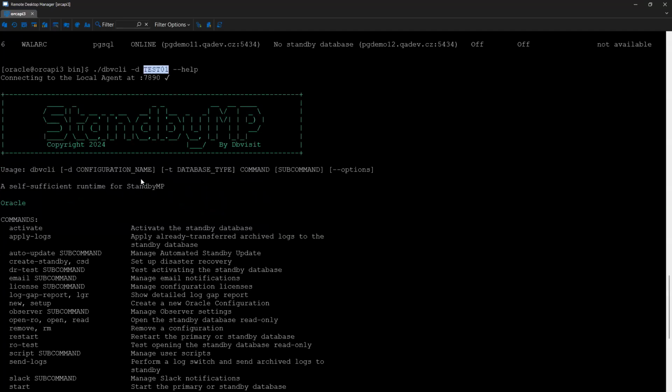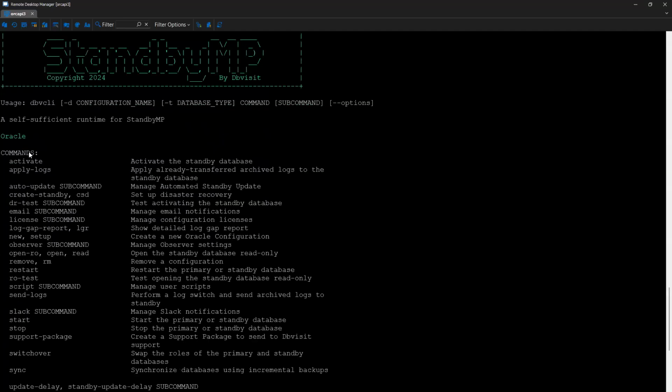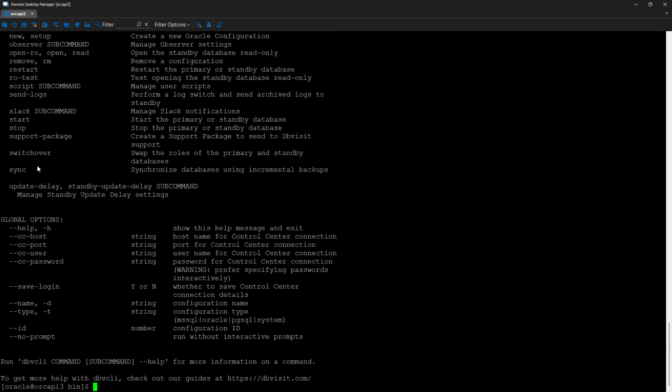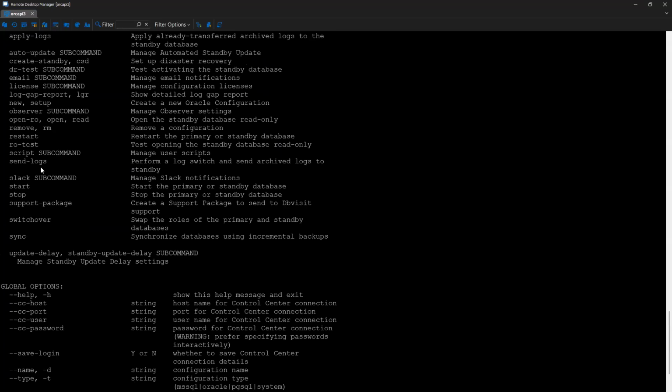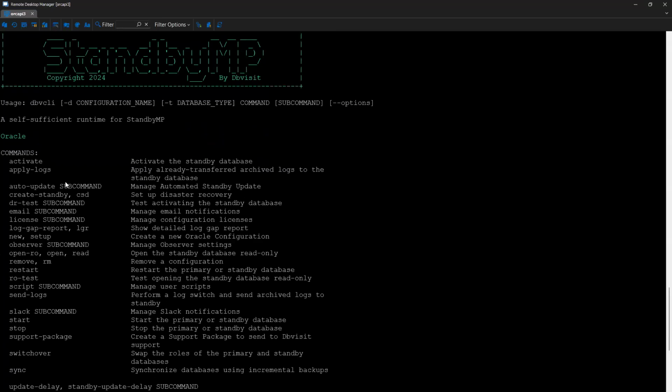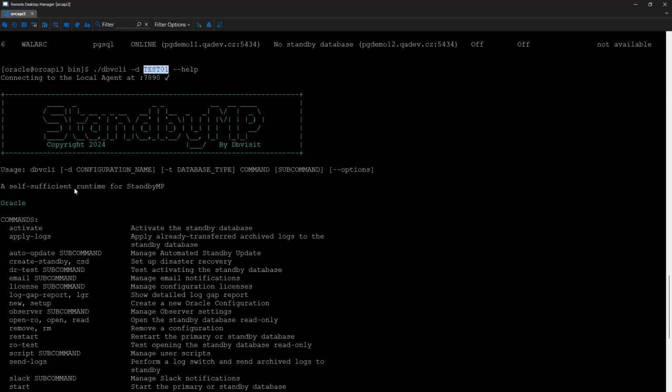So it lists all the command help for Oracle alone here, and your global options, that is your system level commands that are available here. So this is a very good example. For example, if you don't give a configuration name, it's going to list you the help for Oracle, SQL Server, and Postgres commands. But when you provide a configuration name and ask for help, it is going to look at